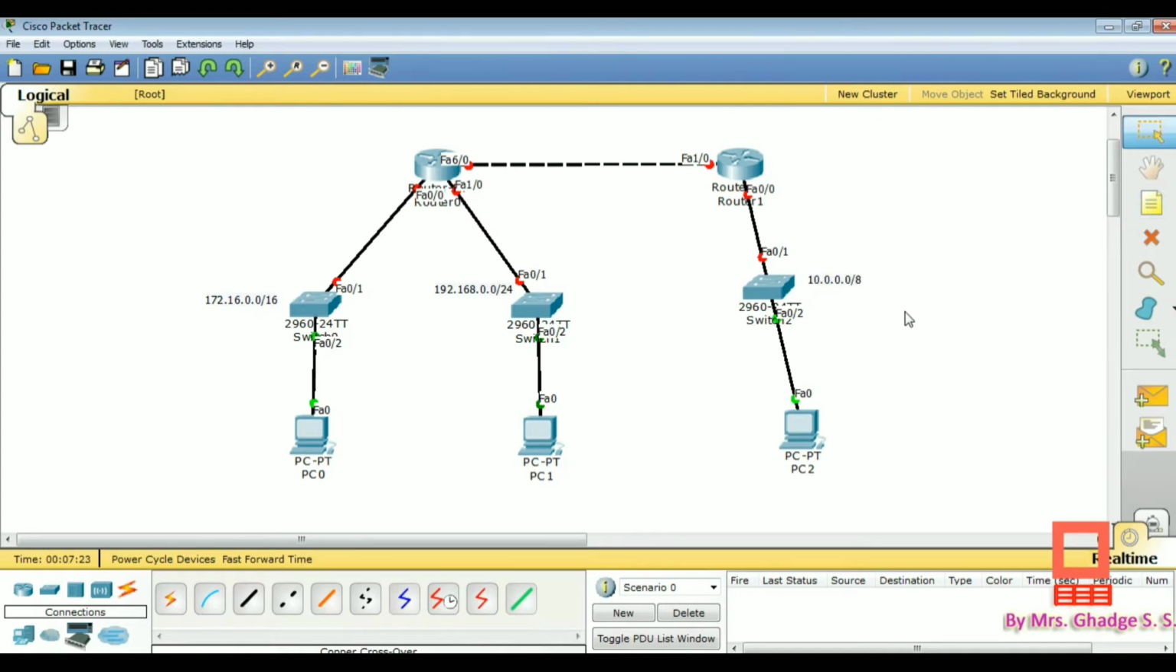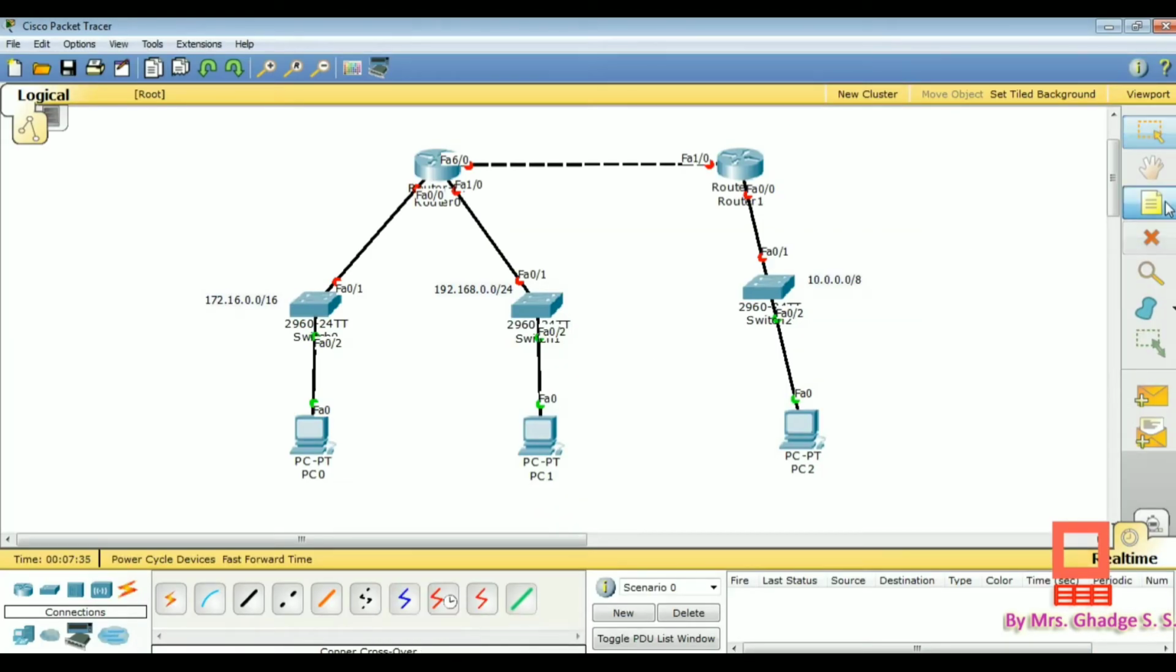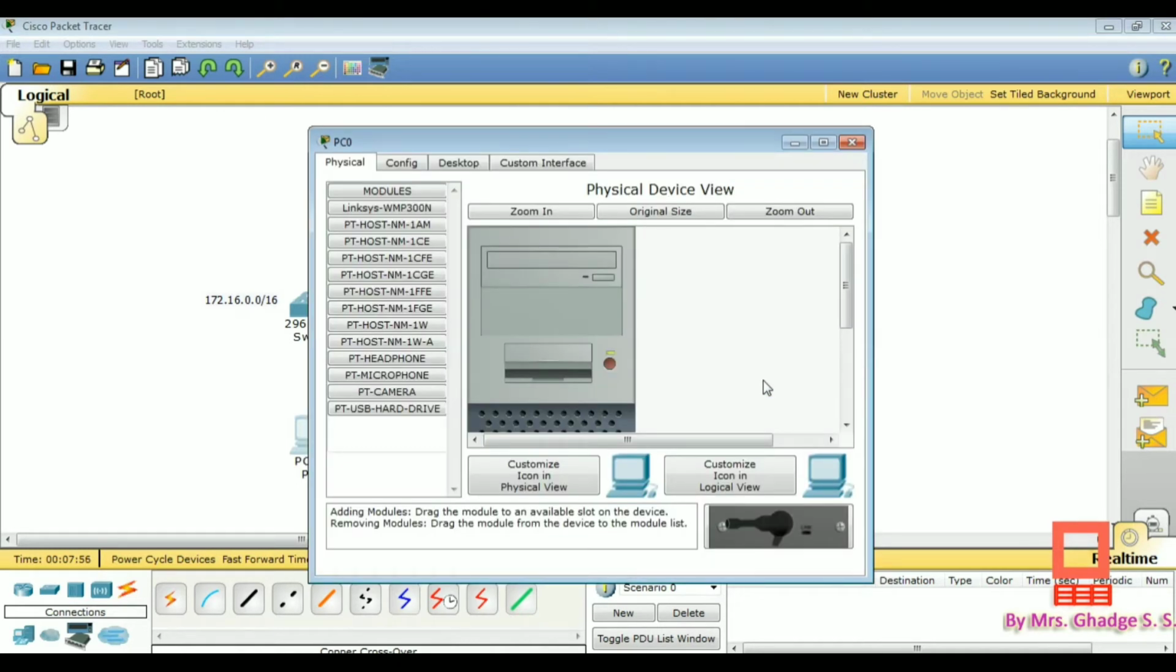Okay, and our last network is 100.0.0.0/30. So just write 100.0.0.0/30 here. Okay, so this is the network for router to router communication. So let us first add the IP addresses